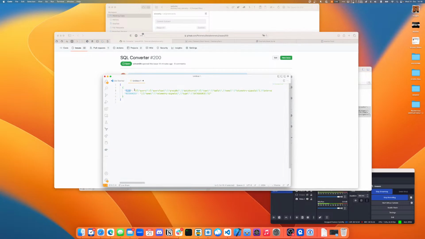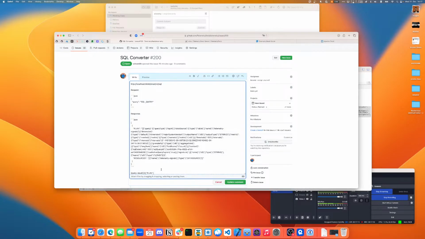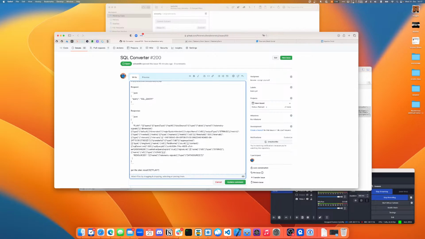And then that is JSON, but it's escaped. I don't know why this is like this. I assume because it's trying to display that as a JSON object in the UI. So next up, we have the plan now, and then from that,